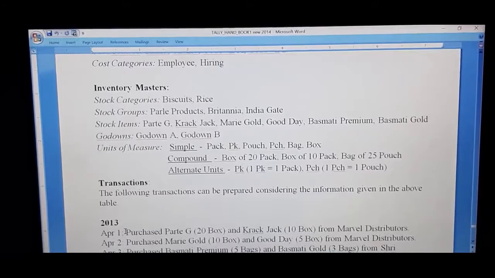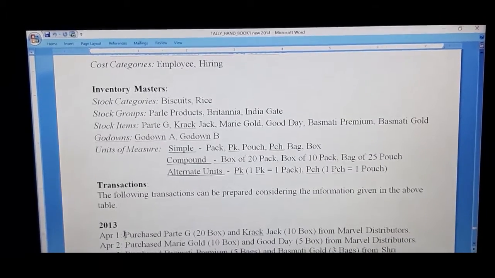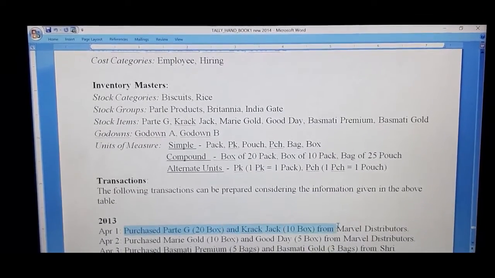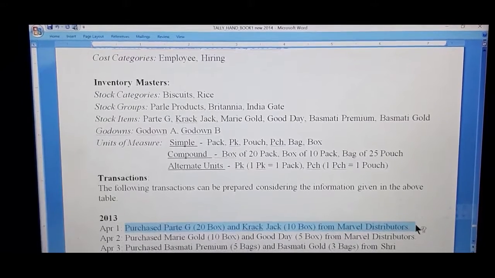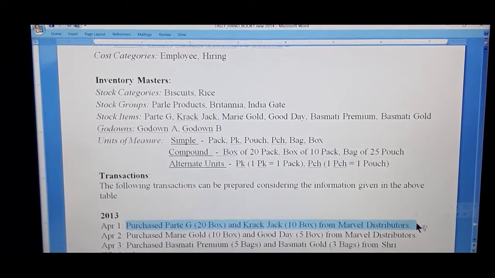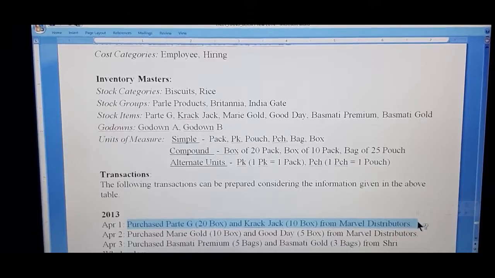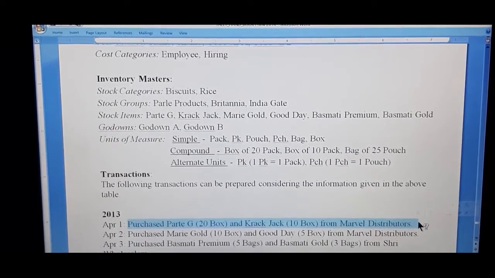First transaction, 1st of April. Purchased Parle-G 20 box and Crackjack 10 box from Marvel Distributors.